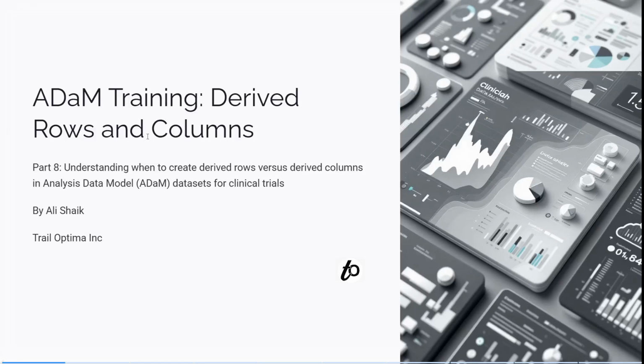Hi everyone, welcome back. In this video, we're going to talk about derived rows and columns. This is a very important topic for the ADaM principles. This is part 8: understanding when to create derived rows versus derived columns in analysis model datasets